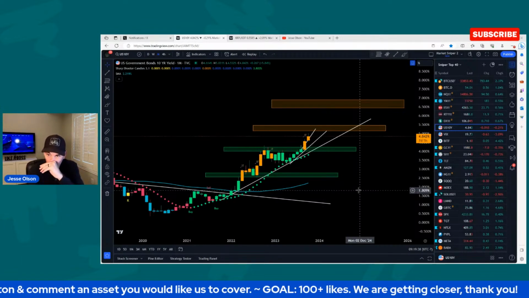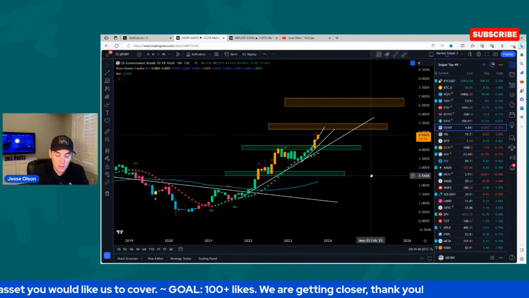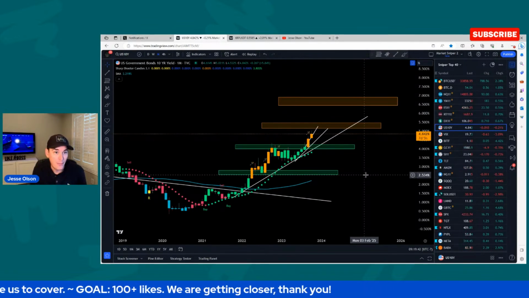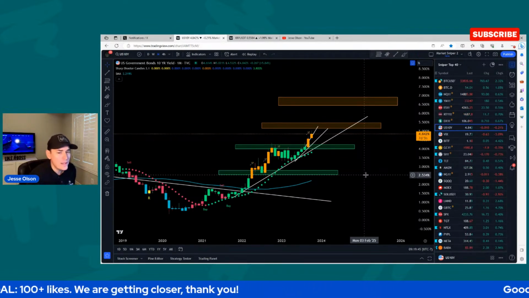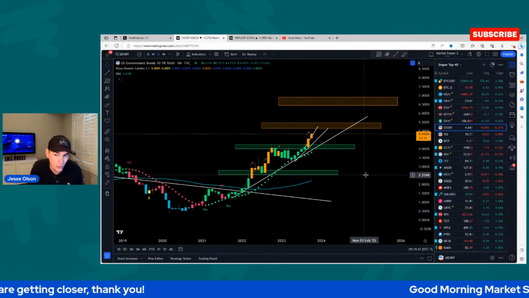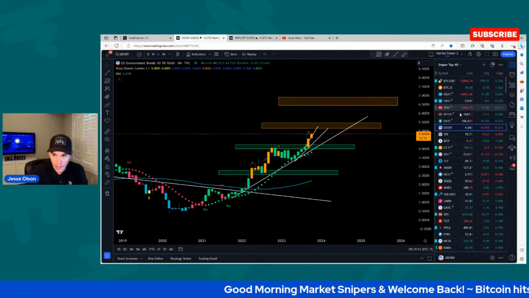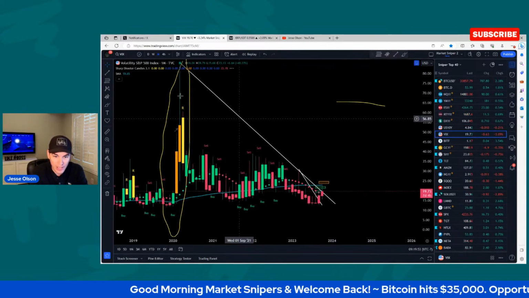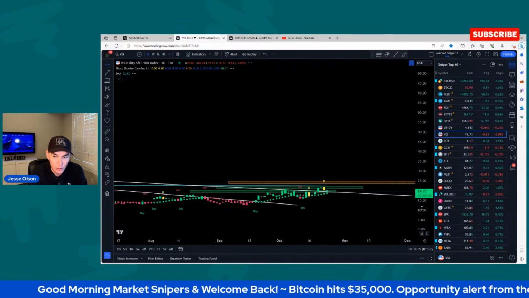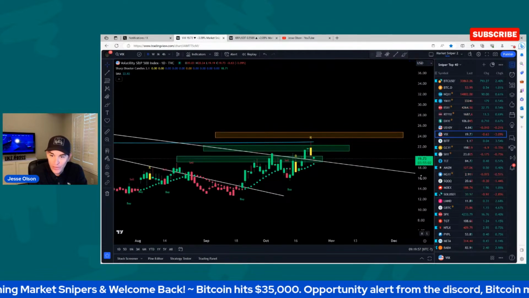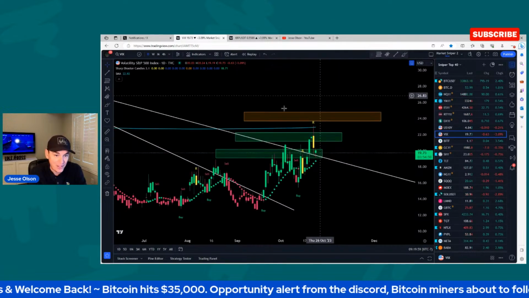We're rocking and rolling. 10-year yield still ultra bullish on the monthly chart. Only bullish on the weekly chart, no longer ultra bullish. Only bullish on the daily chart, no longer ultra bullish, right? The VIX getting a retracement. We know this is a wild animal. It flips back and forth nonstop. We talked about this on the breakout.